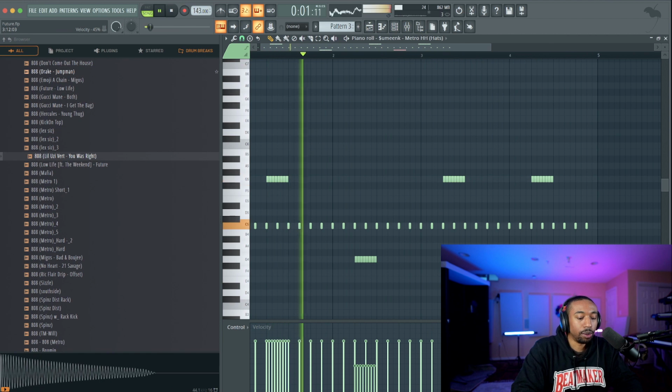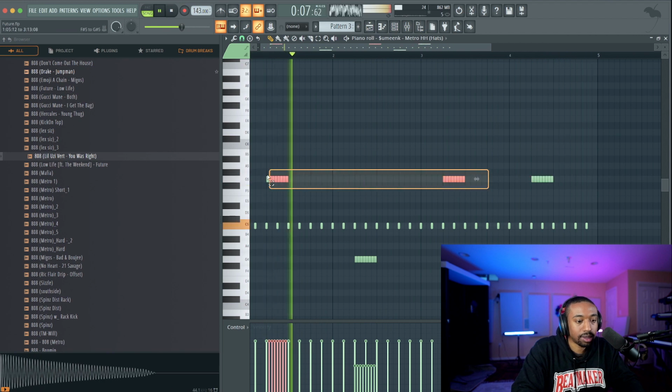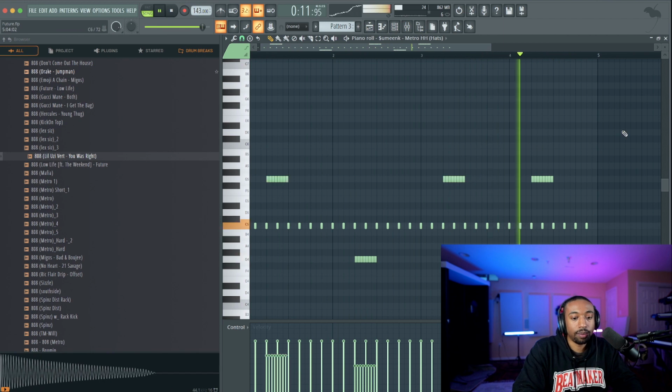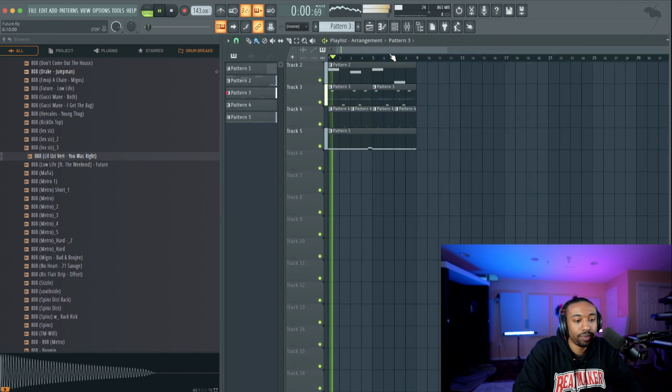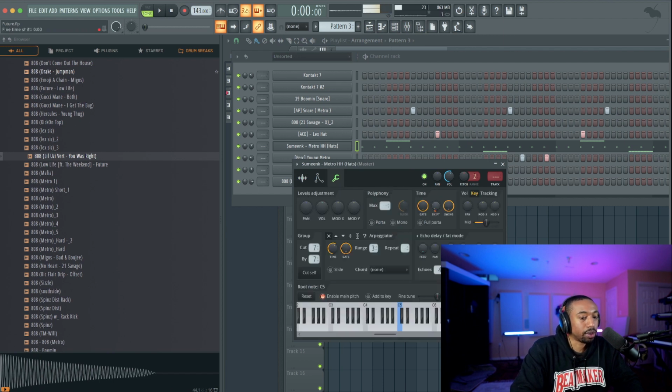I'm just moving them up and down an octave. There's no right or wrong way to do hi-hats. Just turn the volume down so they don't compete with the main hi-hats. Hit Shift, left click, and do a linear adjustment. Also, the hi-hats are too on the grid, so let's go to the wrench tool and turn up time shift just a little bit.